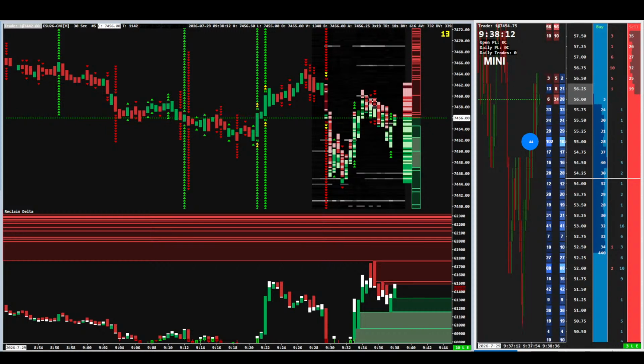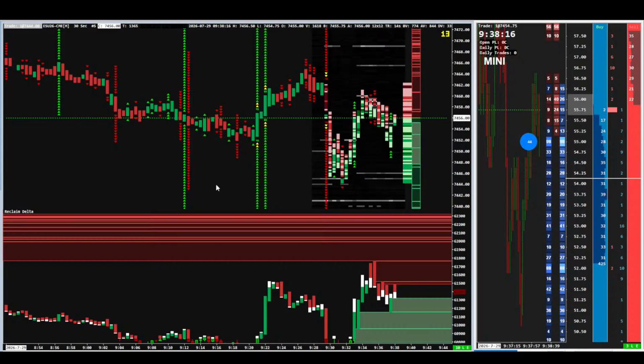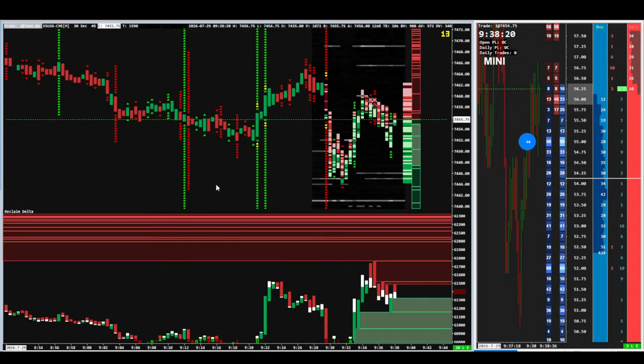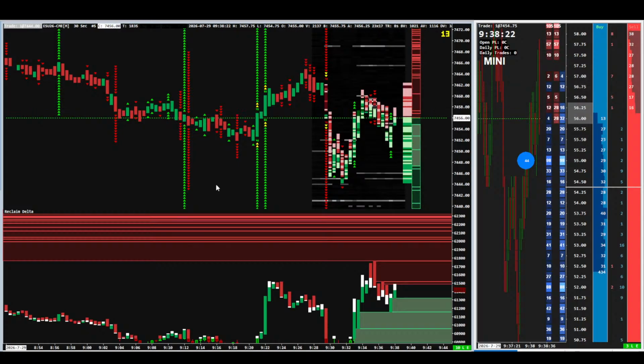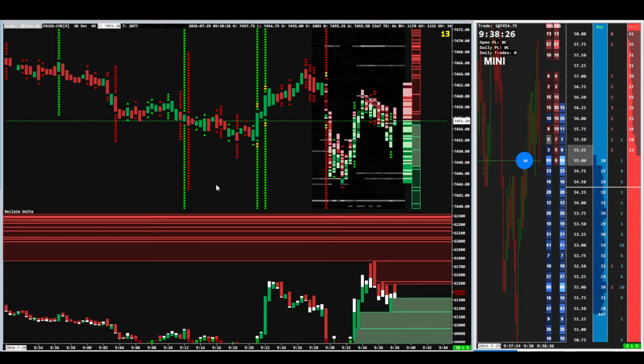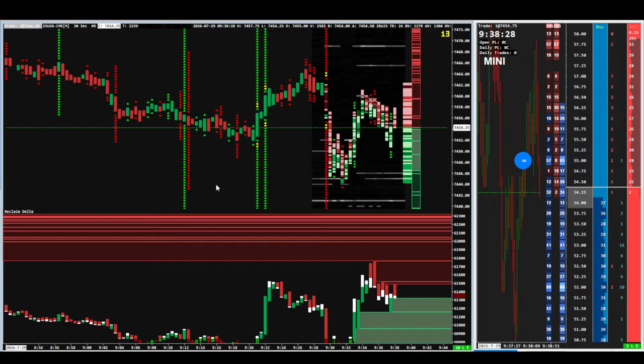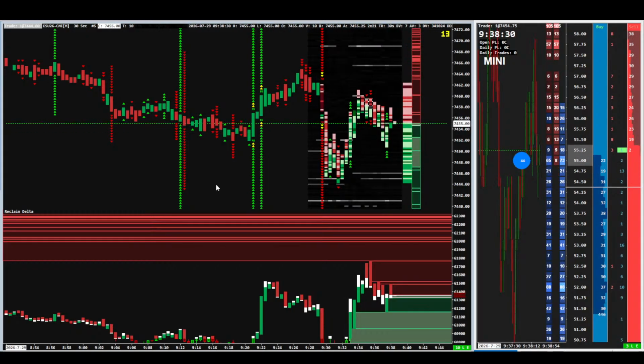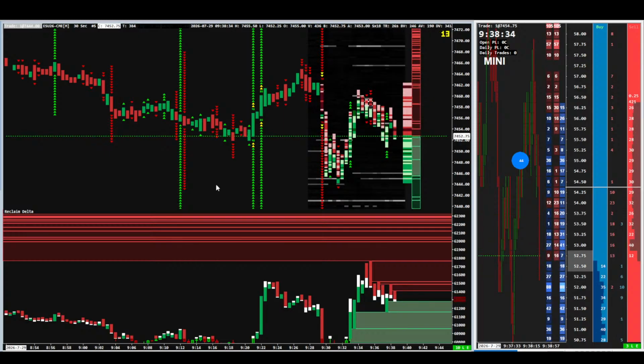I really feel like they're going to push up because of how they denied that section. And generally when they do that, they go into a green section. There's a huge green section above us, especially last night. You're not going to have that data since I ran it. But we'll see. The order flow on the ES is